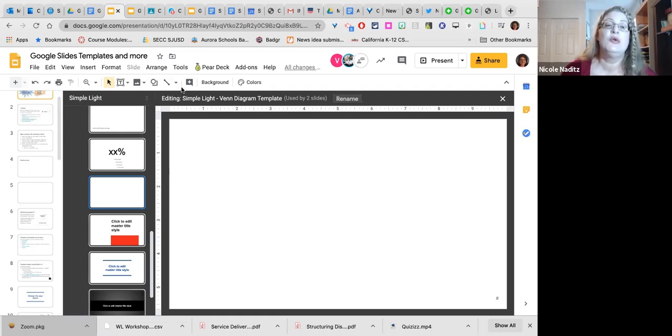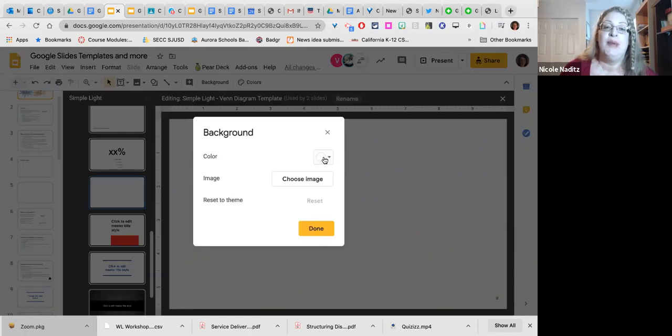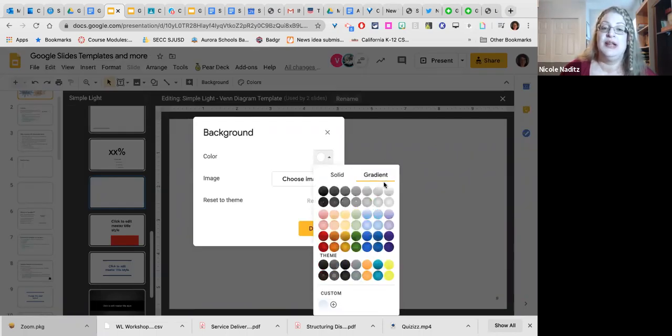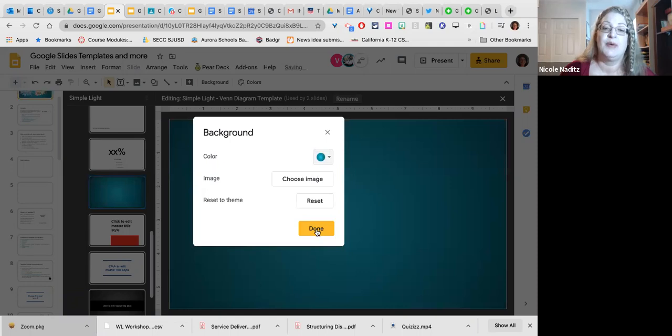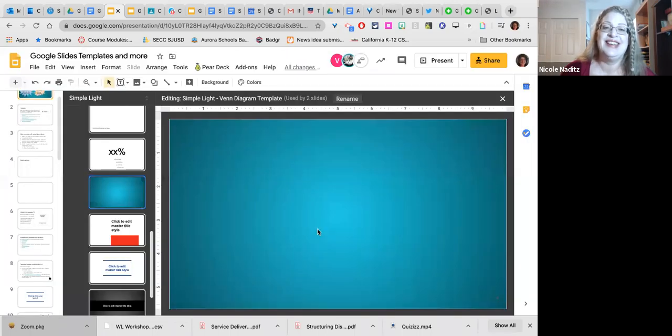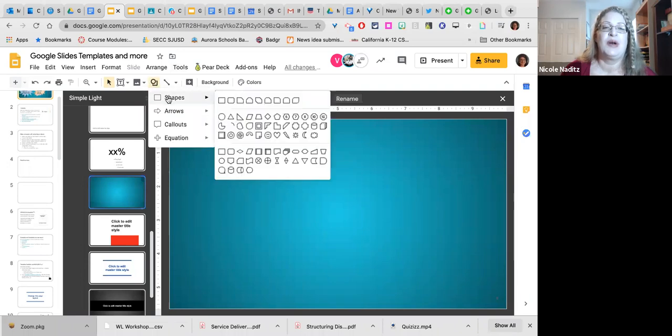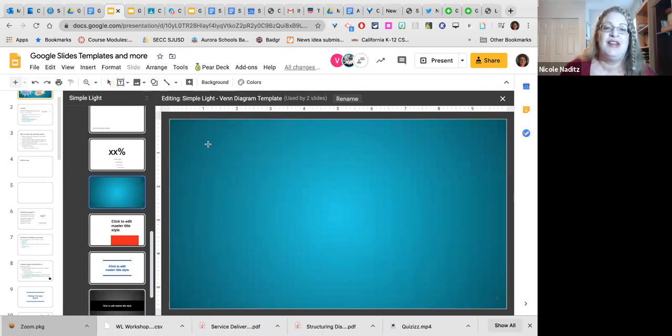So I'm going to show you a really simple one, but you'll see that you do have a background option. So I can go to town and pick a background that has a pretty gradient or something like that. That's really dark, but I'm going to do it anyway. Done. Okay. I might have to change that because that might not work so well for what I was trying to do. And then to make a Venn diagram,